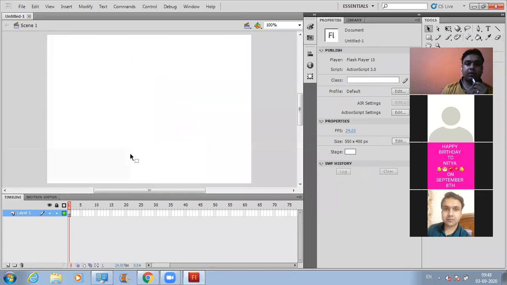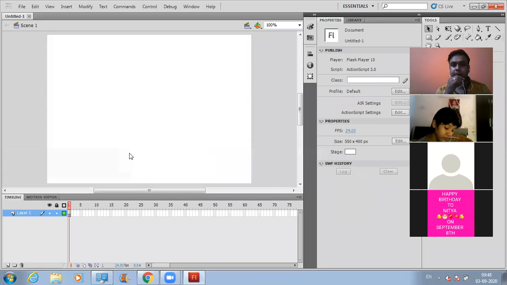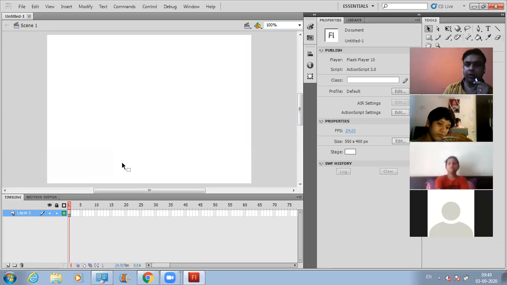Okay. Now come on the third heading, the Flash workspace. Now, what is meant by workspace or environment? See, if I ask you to write something about Flash workspace or Flash environment, I am indirectly asking you to write about the various things that are available in the Flash environment. Okay. Now, the first thing that is given in your book is menu bar. Are you all able to see that menu bar under this heading, the Flash workspace?